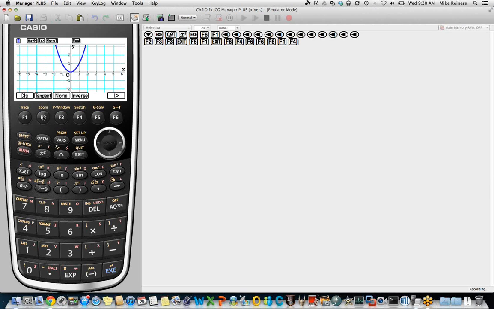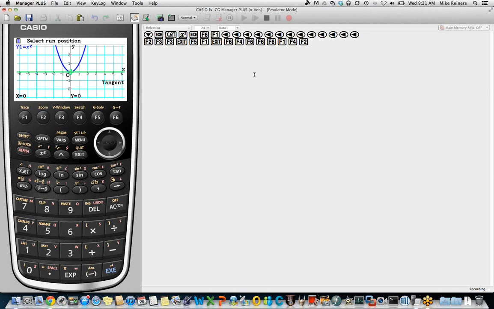So we'll press the F2 key for tangent. And you see in the status bar it says select run position. And that's asking us to select the position, or the x value, at which we would like to draw the tangent line. Now right now we can see in green a tangent line drawn to 0, 0. That's because the cursor has defaulted to the center of the screen. So you might think, oh, well, I've already selected a run position. Look, it's at 0, 0.